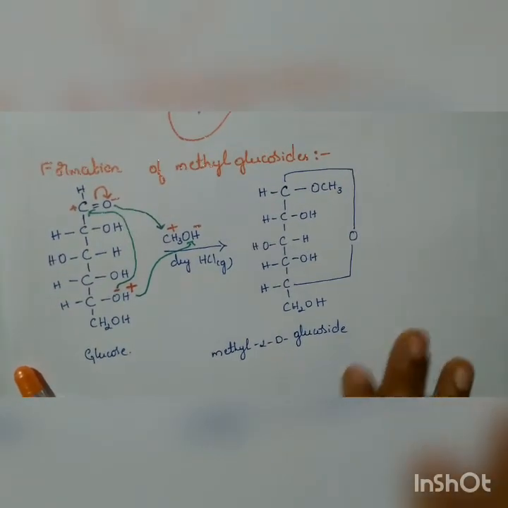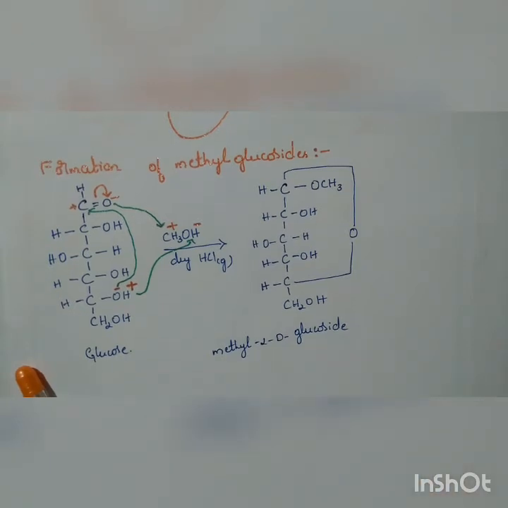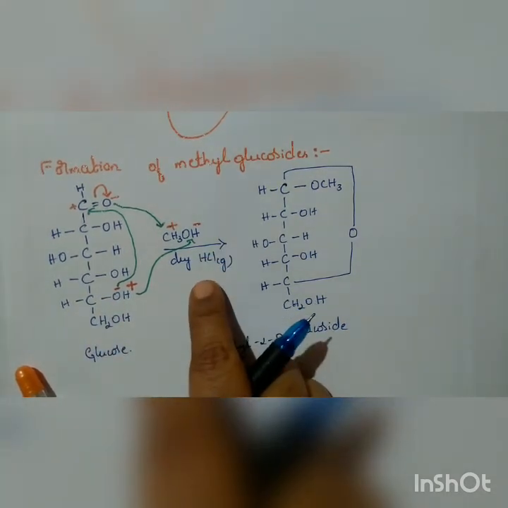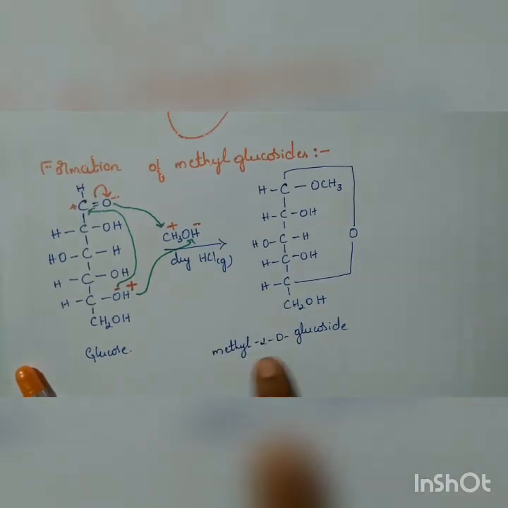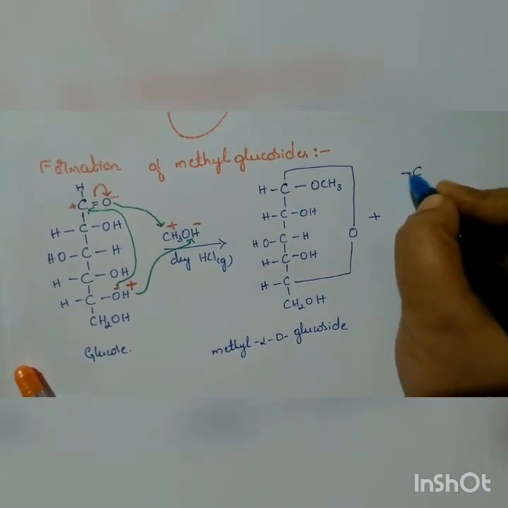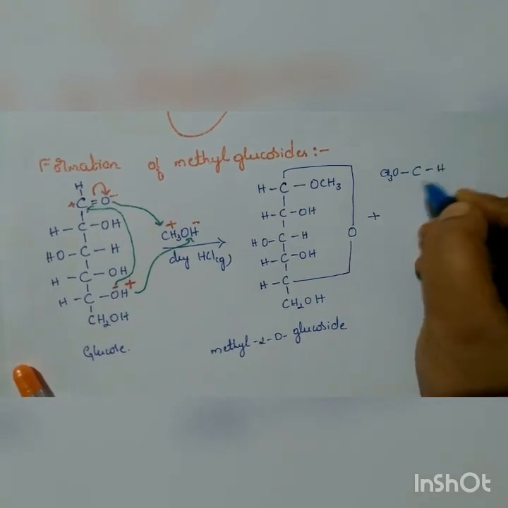Okay. Next. It is not only going to give rise to one product, it is going to give rise to two isomeric products. When glucose is treated with methanol in the presence of dry HCl, it forms two isomeric methyl derivatives. One of them is alpha. The other one, we know, is beta. The OCH3 group is towards the left side. The remaining everything is the same.